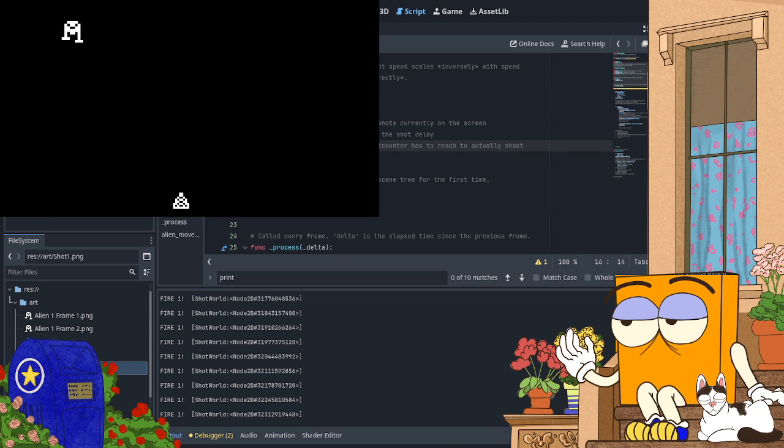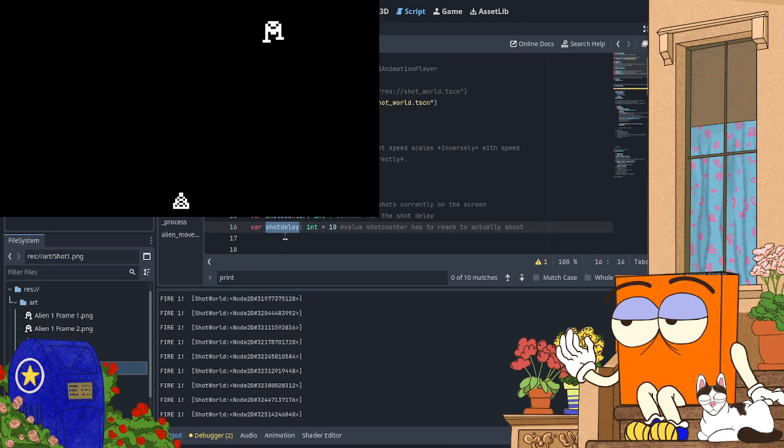Technically this shot delay should probably be a const instead of a var, since unlike shooting and shot counter, this number will never change. Unless it does. So yeah, I think I'll leave it as a var. I can always make it a constant later.